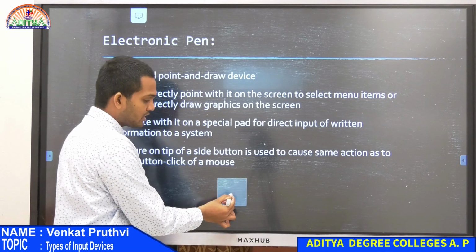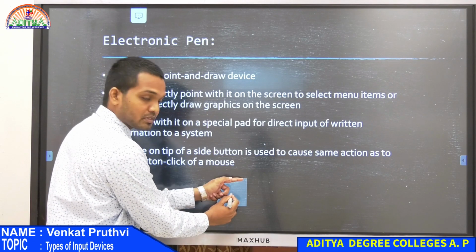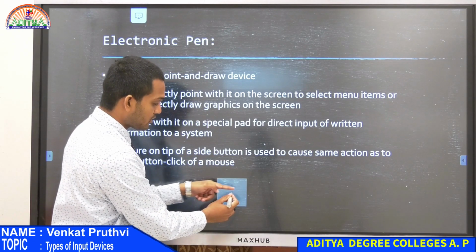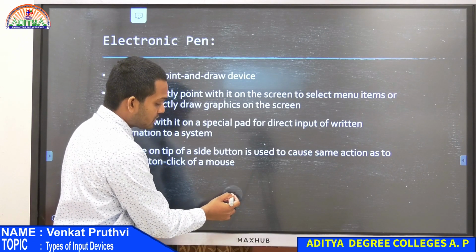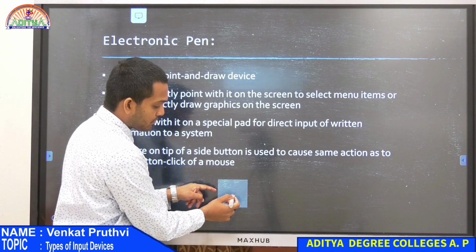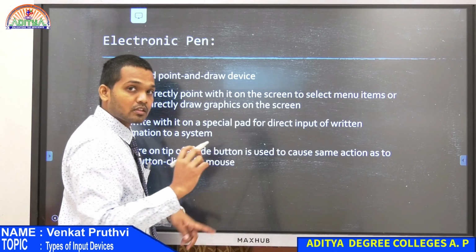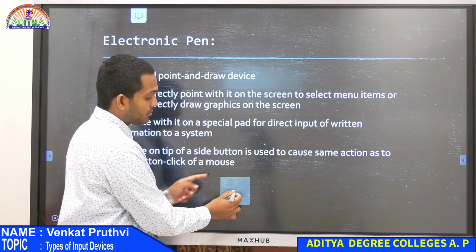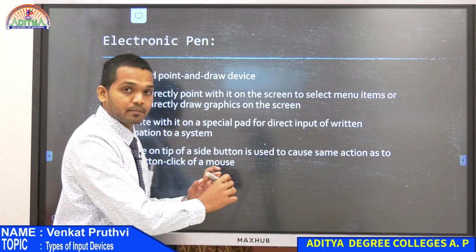So whenever I am pressing here, nothing happens, it's just selecting that range, and its scope is this square box. If you are able to see that transparent square box, initially when I am just clicking it has a small circle. That means for that pressure, that is the scope of this stylus, and then when I am pressing and holding it for a while, you are able to see a square. So this will be the range or the scope for this pen.